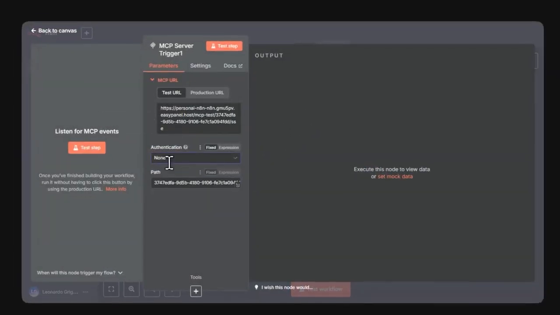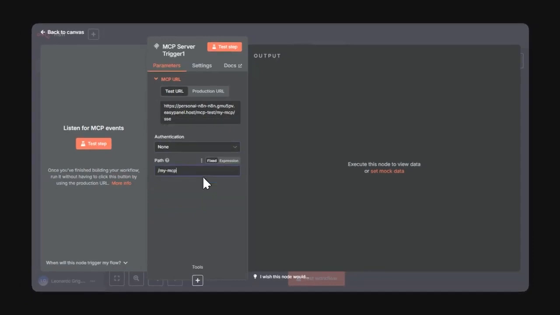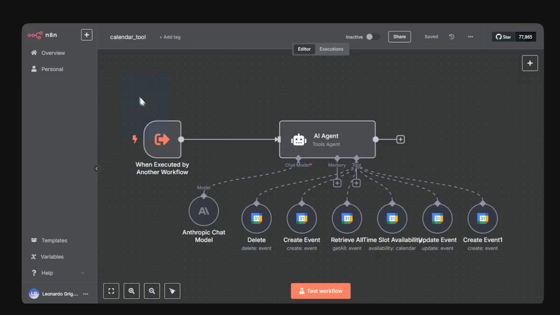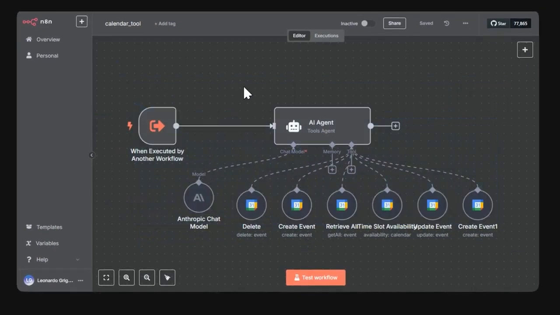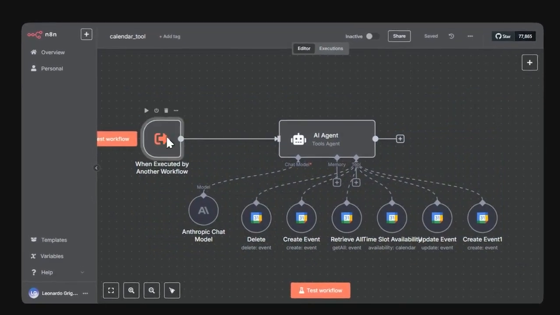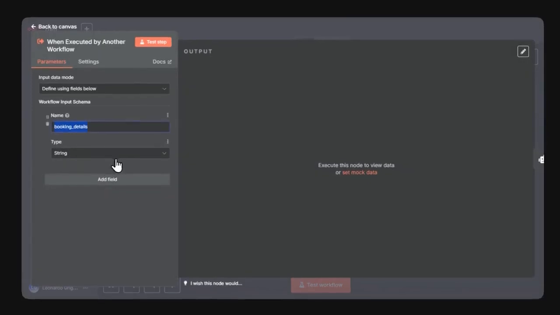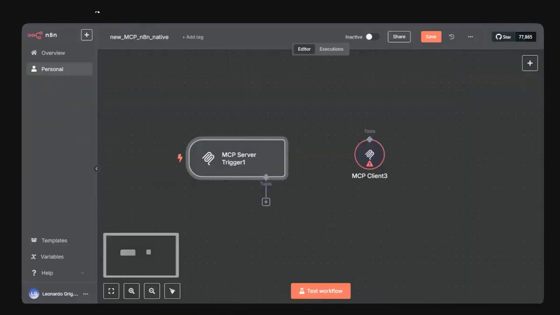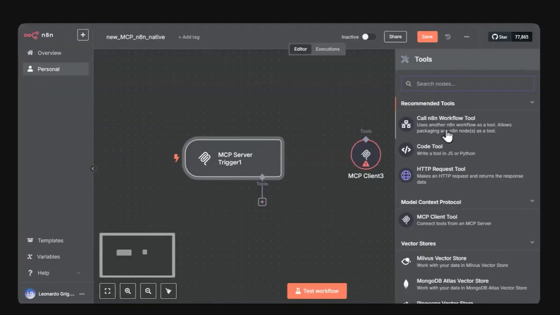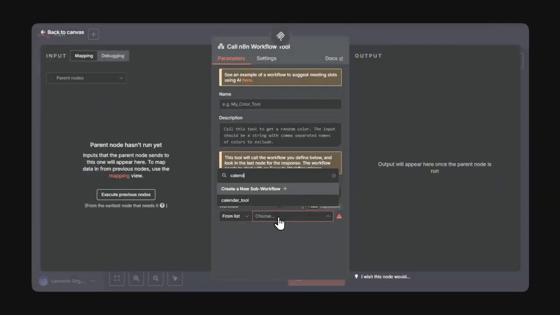You can both define an authentication to secure the URL and a path so it's easier to remember. I've already created a complete Google Calendar tool inside this workflow. Remember that when executed by another workflow node, you need to specify the input schema, as this will be passed on to the LLM. In this scenario, we're building the MCP servers, so we act as the suppliers from the initial